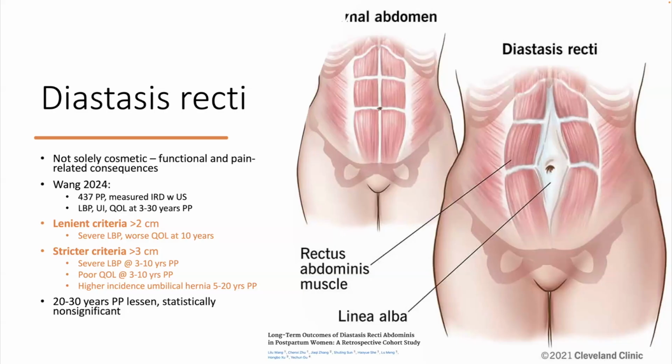They used ultrasound to measure the intra-rectus distance, and they were looking at the long-term outcomes related to that: low back pain, urinary insufficiency, quality of life at anywhere from 3 to 30 years postpartum. What they saw was that if there was more than 3 centimeters of distance in that rectus distance, patients complained of severe back pain all the way up until 10 years postpartum. They reported poor quality of life, and a higher incidence, of course, of even umbilical hernias up to 20